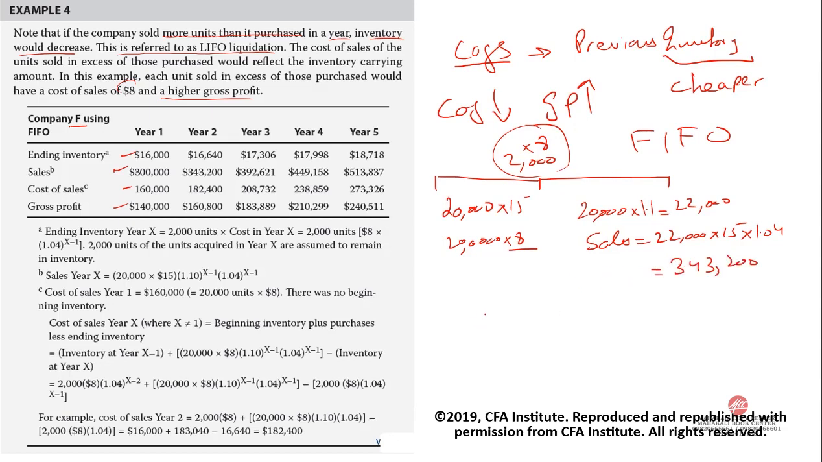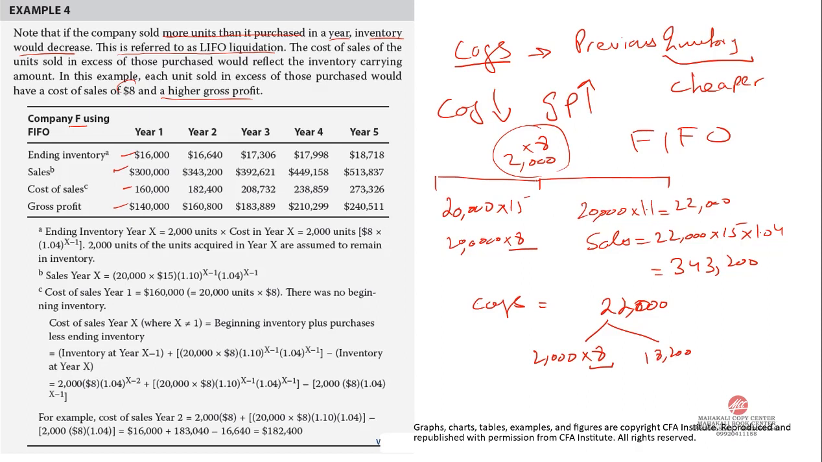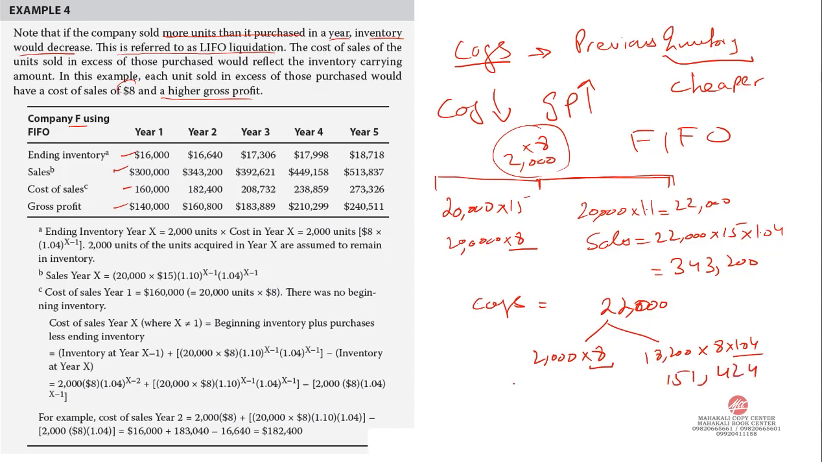343,200. Now as far as cost of goods sold is concerned, out of this 22,000 that we have sold, 2,000 would be coming from previous inventory, that is at $8, and 18,200 would be coming from second year inventory, that is your 8 into 1.04, because the price is increasing by 4%. So 18,200 multiplied by 8 into 1.04 will give you 151,424, and this will be